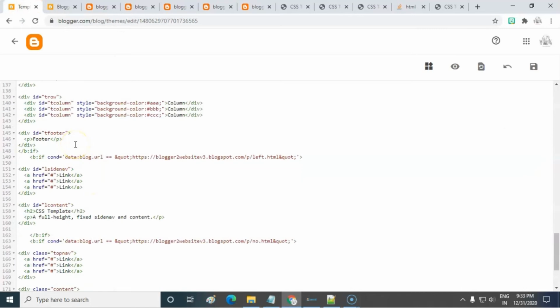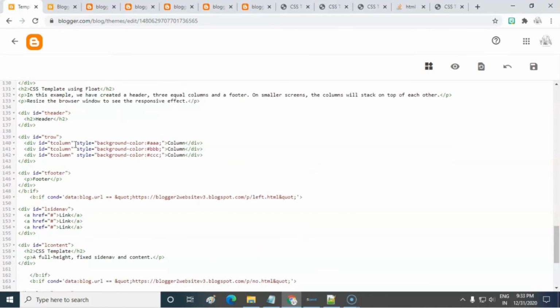Now replace the navigation links with the respective Blogger links.